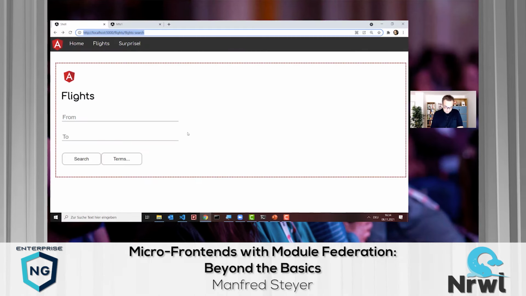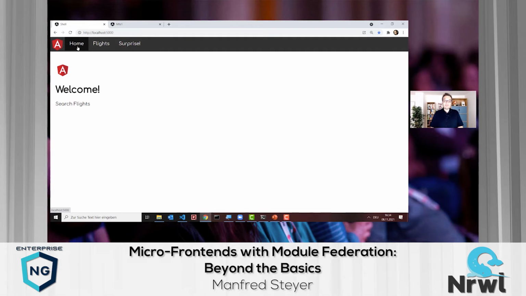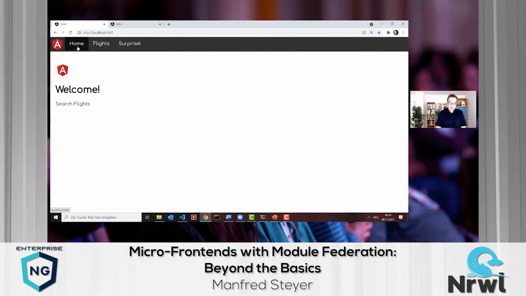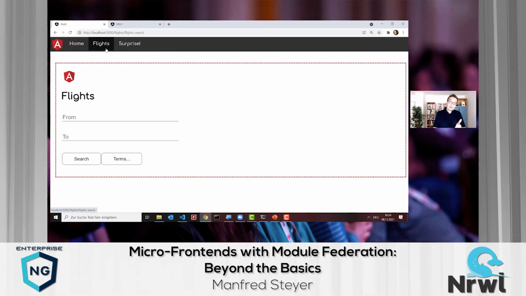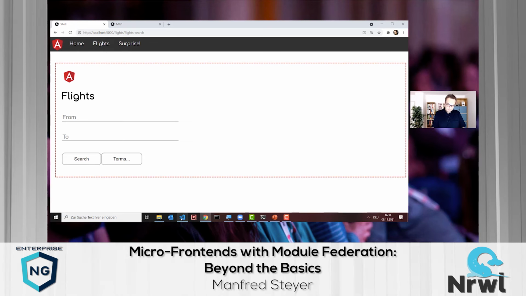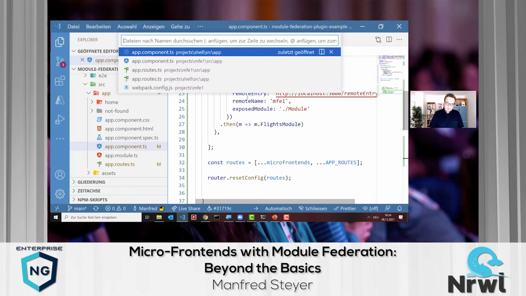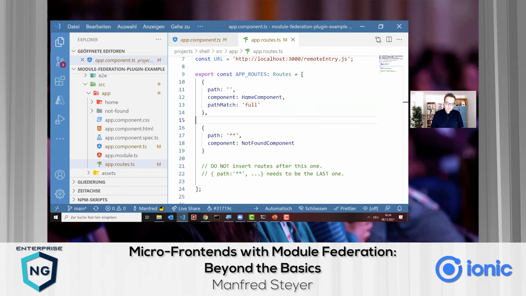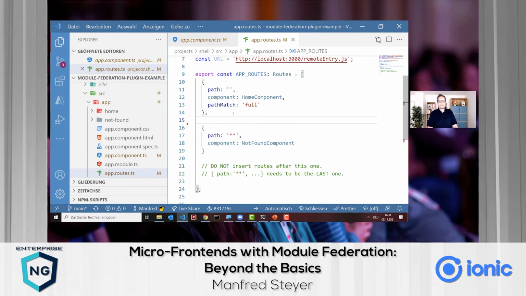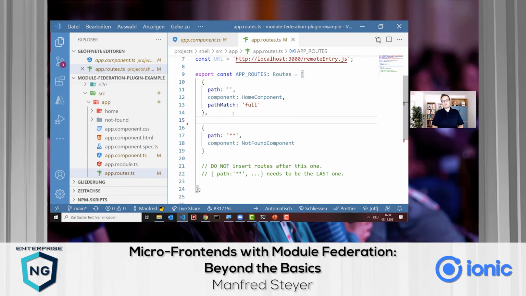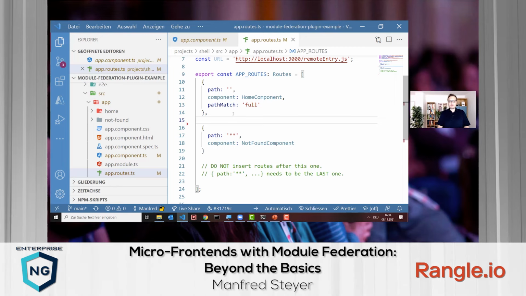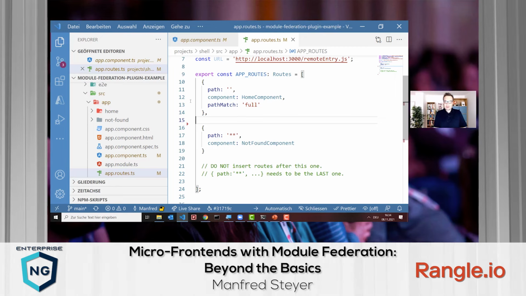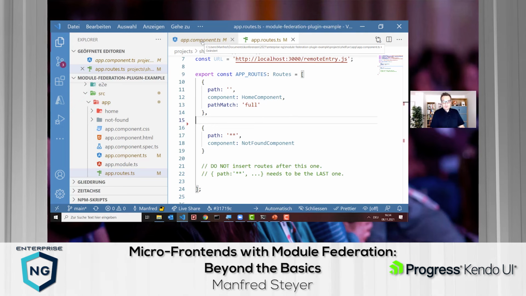In this demonstration, I'm one more time using this tiny application here, but now it's important to know that this micro-frontend is loaded on runtime. It is discovered at runtime and loaded at runtime. And for this, I want to have a look into my source code. Let's start with the app routes. Those are the routes of the shell. And here you see, I don't have a route for my micro-frontends because the route is created dynamically. I'm creating the route dynamically in my app component. Of course, normally you would move this to a service, but to make everything simple, I've just put this into